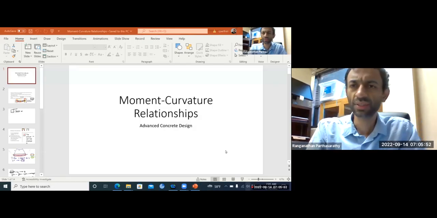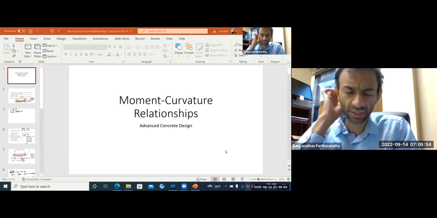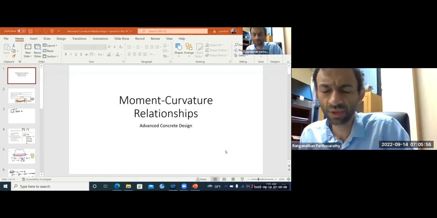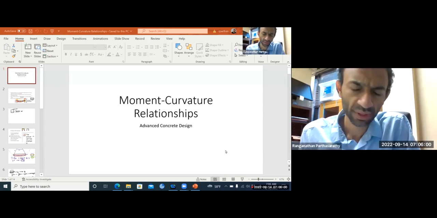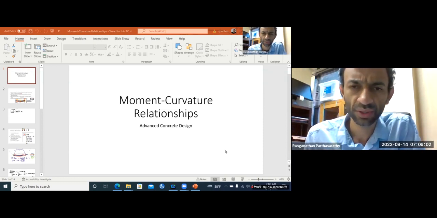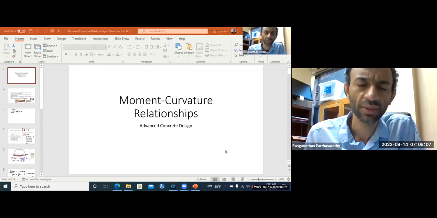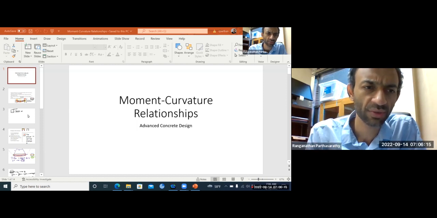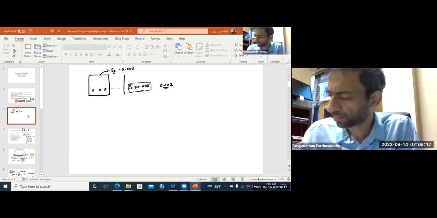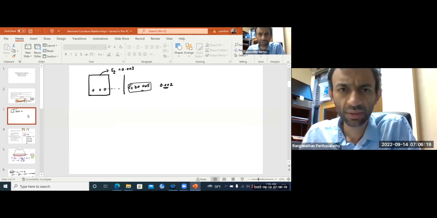So we were discussing moment curvature relationship. In very brief, what it means is we are going a bit further than what we do to ensure ductility by using just the usual restriction on the strain of tensile steel to keep it in the tension control region. If you all remember, in the ACI code,